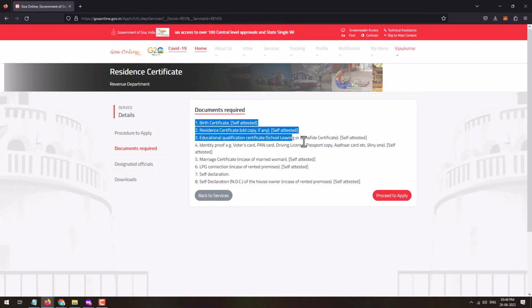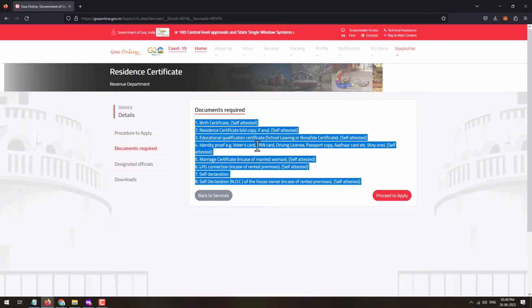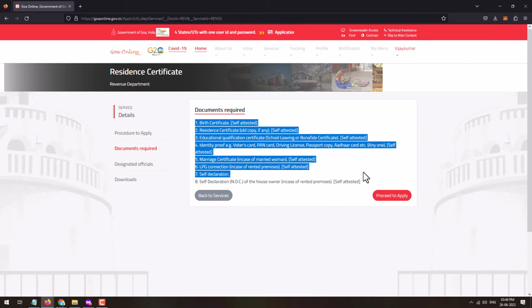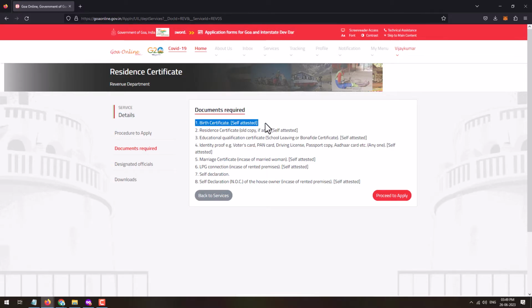These are the documents which will be required for applying for resident certificate. As we are applying for the certificate online, you will need to keep all these documents in digital form on your device so that when it is asked, you can upload it. So documents required are birth certificate self-attested, resident certificate old ones. If you have an old resident certificate, then you need to upload that copy self-attested, educational certificate, identity proof, marriage certificate in case of woman, LPG connection, self-declaration, and self-declaration NOC if you are staying in rented